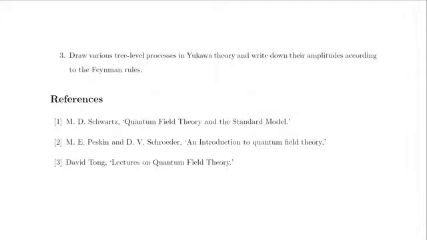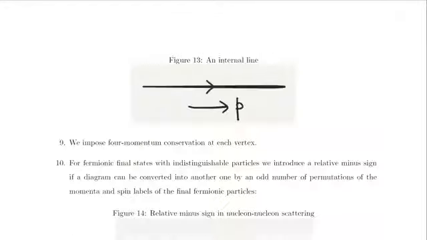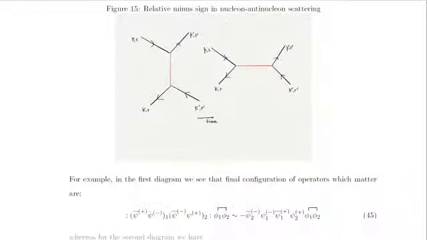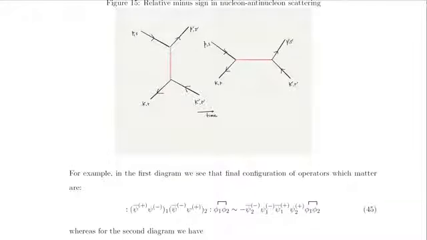Any questions? Yeah. Could you go back a bit to where we got the minus sign, the relative minus sign between the two? Yeah, this one I think. You told us that you have to put a minus sign if we can swap the final momentum. Yeah, in this case, this doesn't work. So is there like a golden rule or is it case by case? Because if you look at the diagram, it's a bit difficult if you don't go back to this machinery. Right.